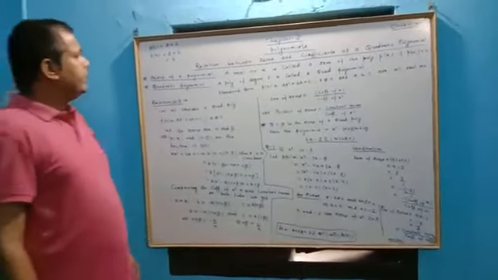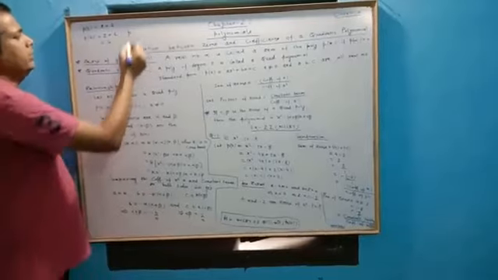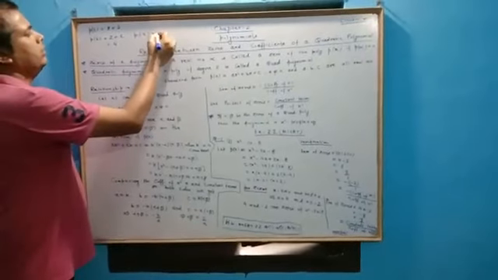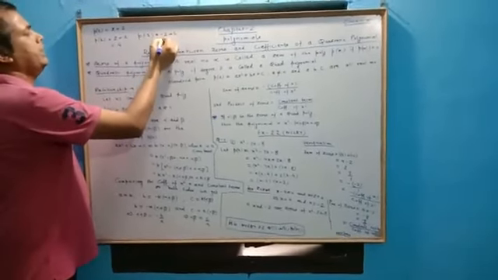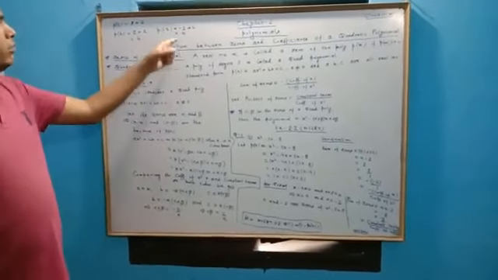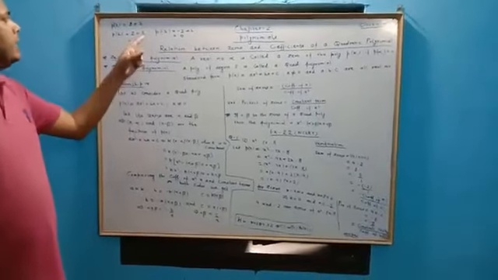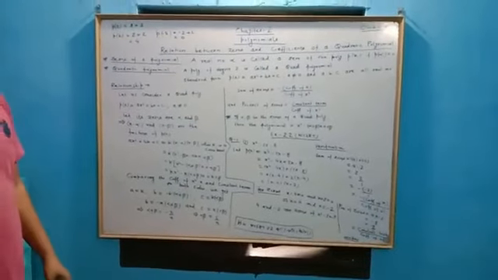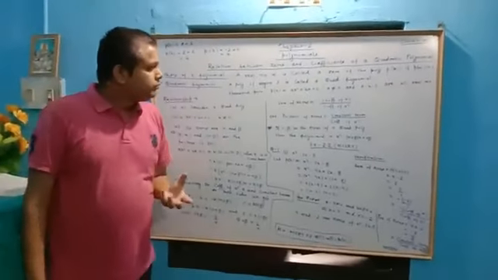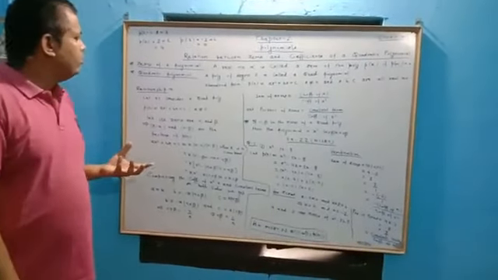Now we take another number, suppose that minus 2. Then we put minus 2 in p(x). Then we get minus 2 plus 2, that is equal to 0. So we see that p(minus 2) equals 0. So we can say minus 2 is a zero of x plus 2. So in this regard we can say what is a zero of a polynomial.